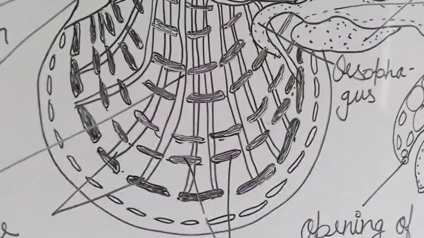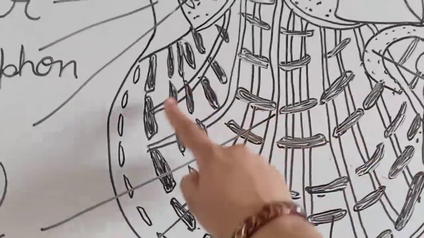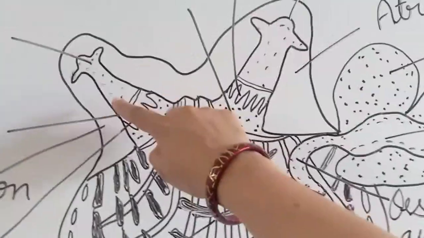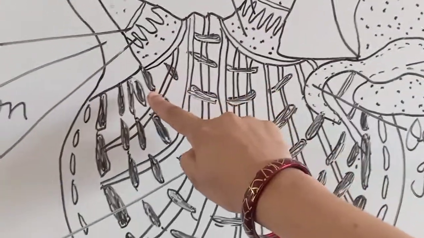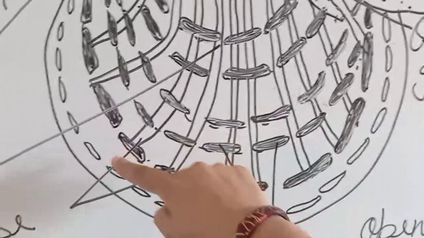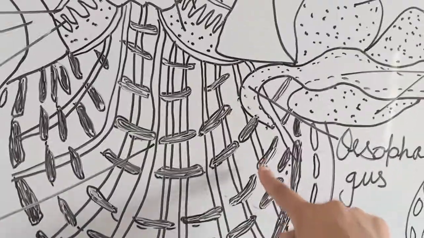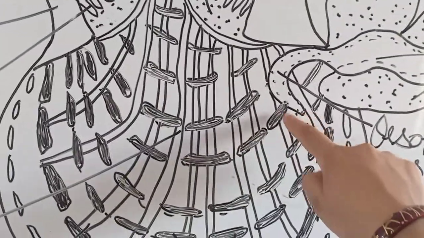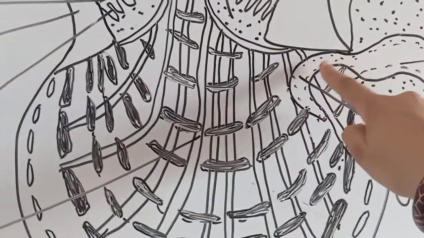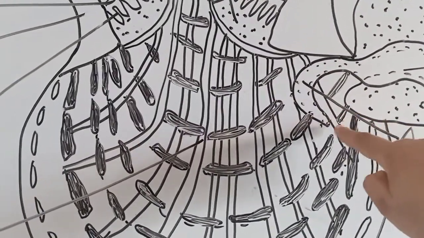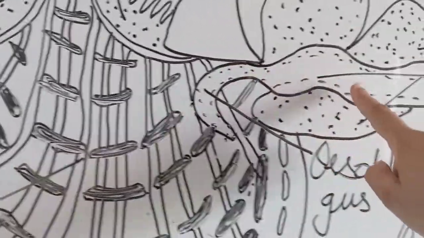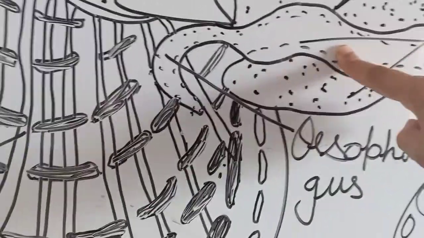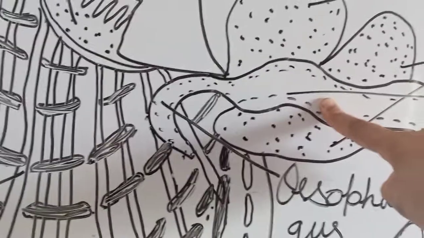Now, after the pharynx, the alimentary canal moves upward. You can see here, the alimentary canal starts from the mouth. From the mouth, it starts like here, and food moves like this, and this. And now food enters into the esophagus. This is the esophagus. This is the smallest curved structure. With the help of the esophagus, food enters into the stomach. This is the stomach. This is larger than the esophagus.